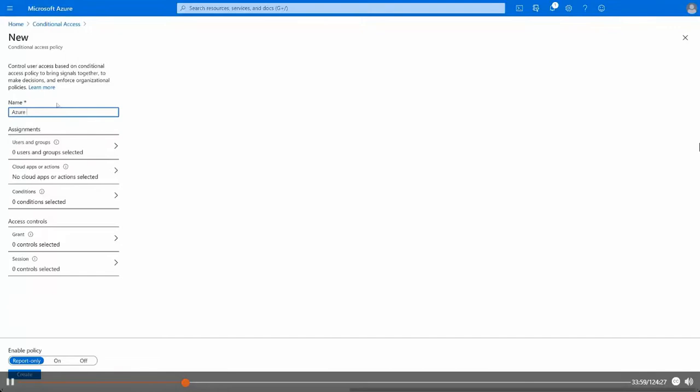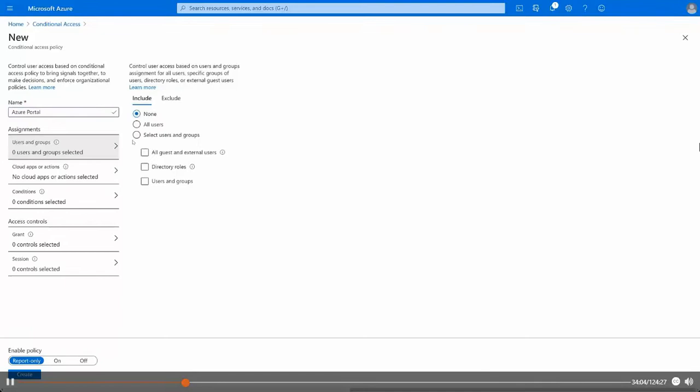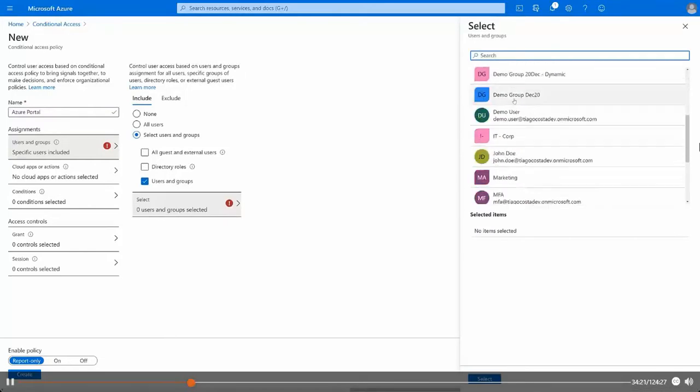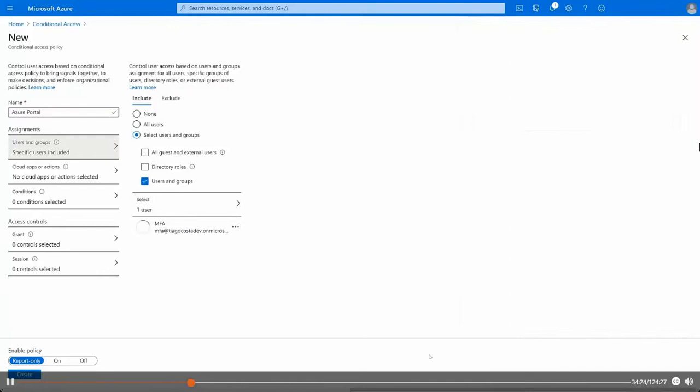Let's just call this one Azure portal. I can specify which users need to fulfill this policy. I could say all the users, or selected users and groups, and just select certain groups. In my case, I'm just going to select one special user, which is this MFA user. Again, this is just a demo, so I'm only doing it for that specific user. But in real life, you could do it for a group of users, or even for all the users that you have on your Azure AD. Then